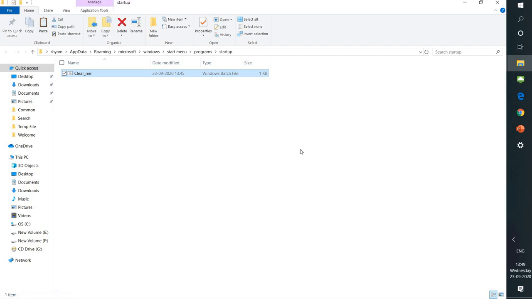Once I do this, every time I restart my system, this batch script will run, clearing the content within my recycle bin and the temporary folders, right? But be very careful that this will run on every reboot of your system. Since this is present within the startup programs, it will keep clearing your temporary files and recycle bin every time. So I would recommend choosing this method wisely, only when the content inside the recycle bin is sure to be discarded whenever we boot up the system.